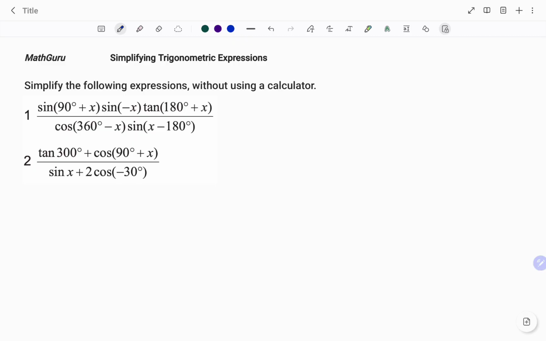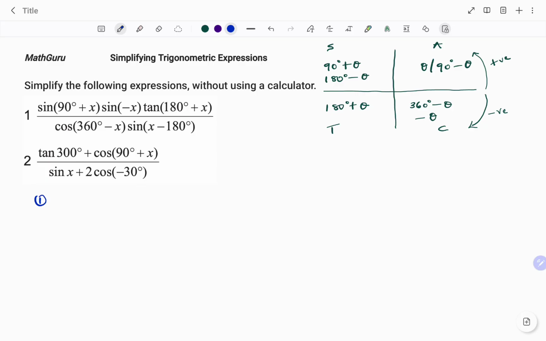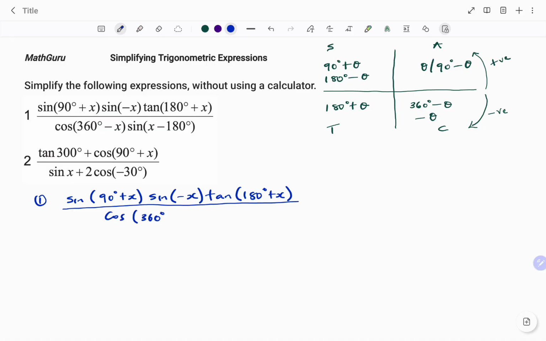Starting with my CAST diagram, I'm going to use that for my reduction. For the first part of the question, we have sine of (90 degrees plus x) multiplying sine of negative x, that's a negative angle, multiplying tan of (180 degrees plus x), over cosine of (360 degrees minus x) multiplying sine of (x minus 180 degrees). Starting with the first expression, sine of 90 plus x, if I go back to my CAST diagram,